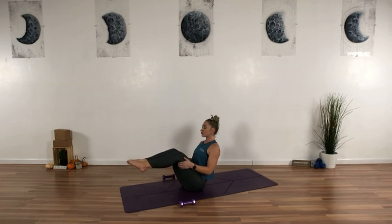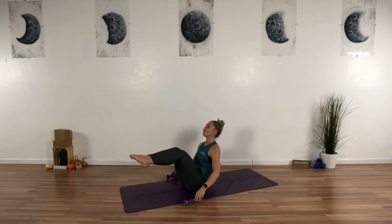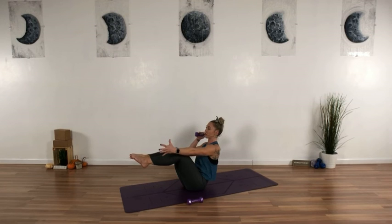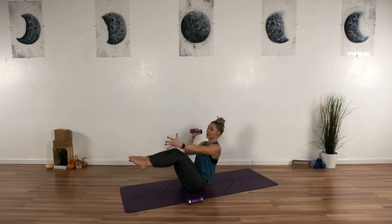So relax your shoulders a little bit. You can reach your arms forward for now. Weights or no weights, always an option on your own, but if you want it, grab onto one weight, reach your left arm long. You'll take a press overhead. Just nice and strong, drive through a press. Now this might feel like enough, but if you want to add just a little bit right here at the end,